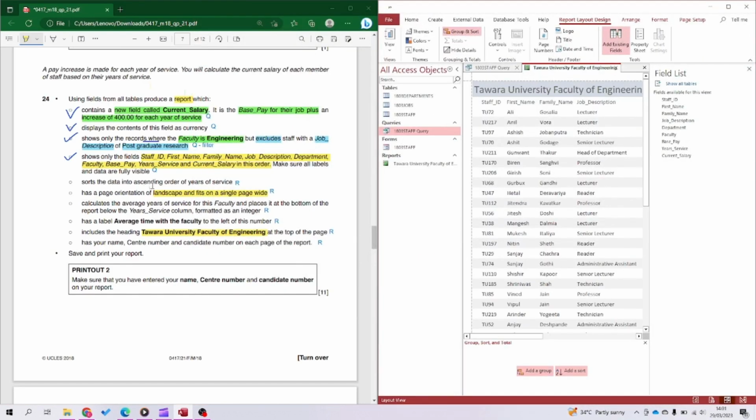So we already done ascending heaven, sorting heaven. So landscape done, giving a title done. So you can see the title is there. Okay, next we want to sort. To sort,